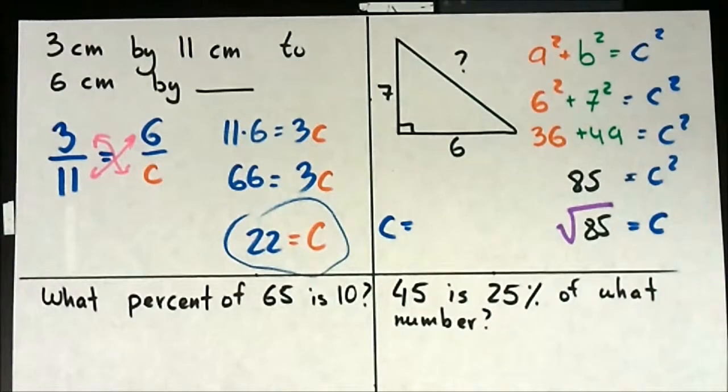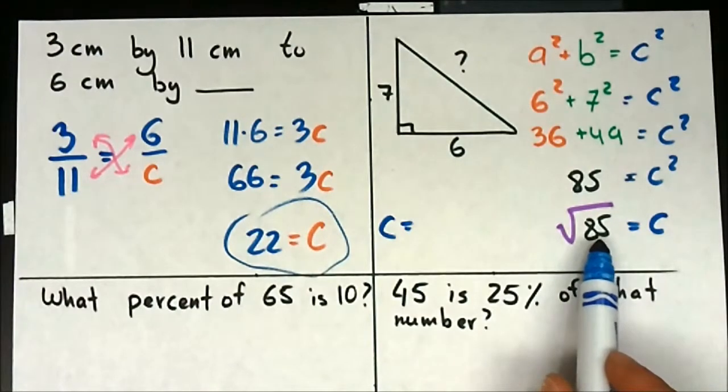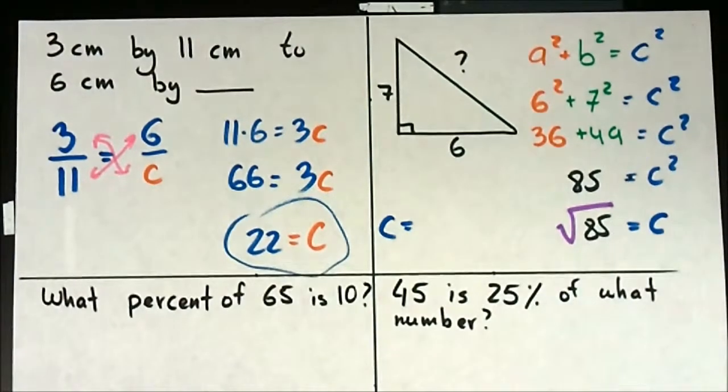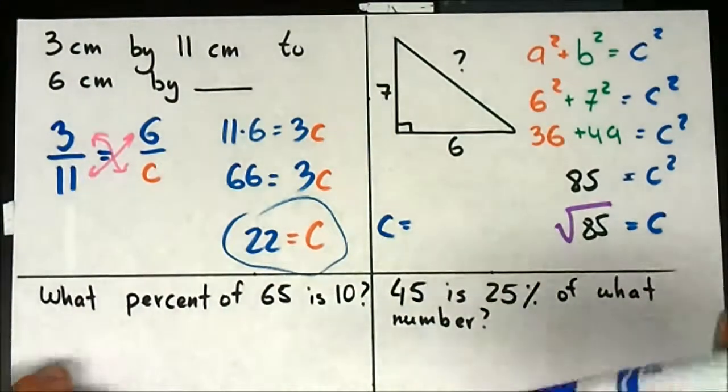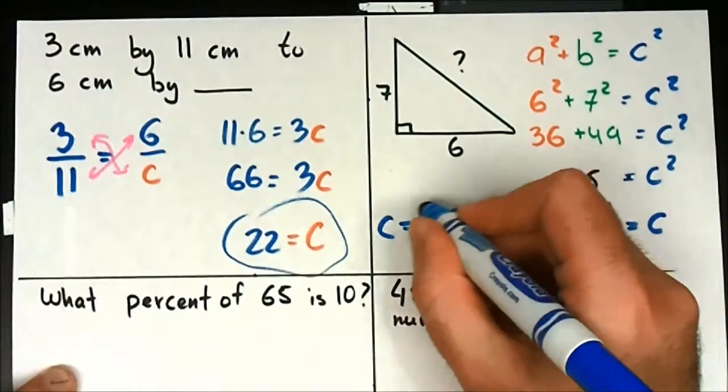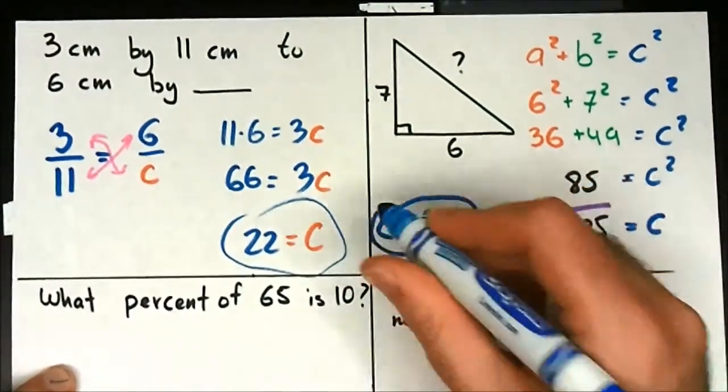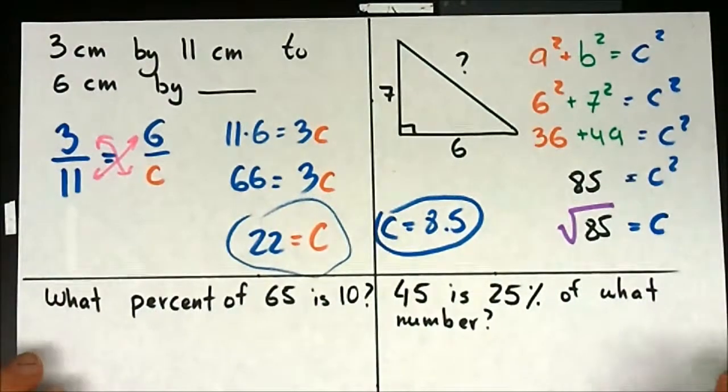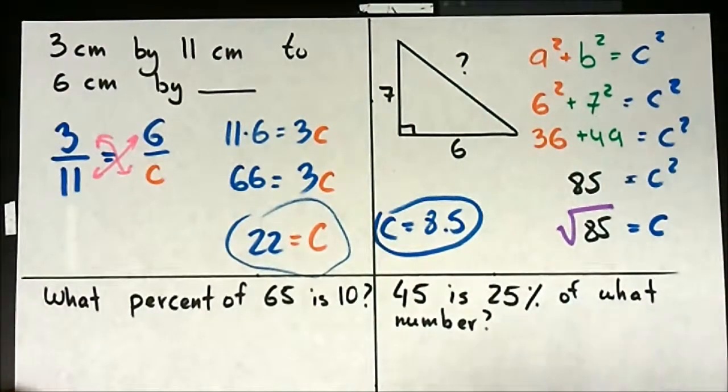64 and 81. The root of 64 is 8. The root of 81 is 9. So if 85 is in between 64 and 81, the root of 85 is going to be between those two, which is 8.5. So if you got 8.5, you did it. Great job. And I mean, it's a little closer to the 81, so it's more like 8.6 or 8.7, but